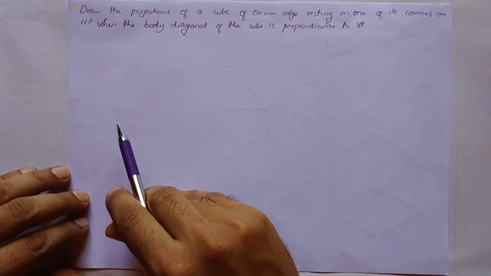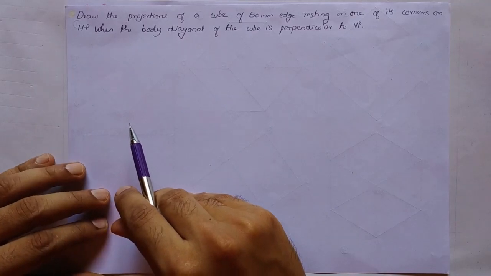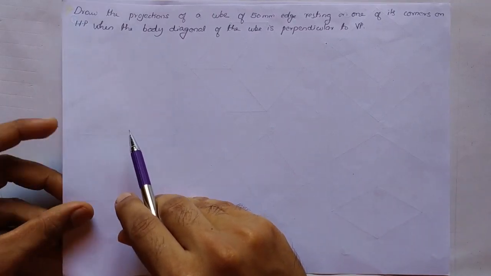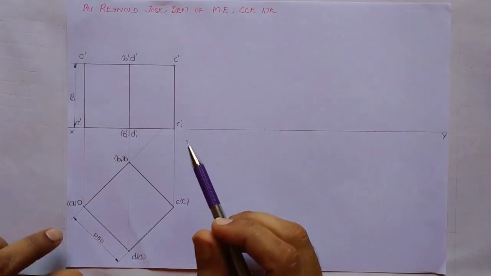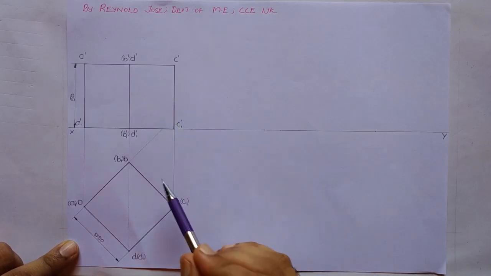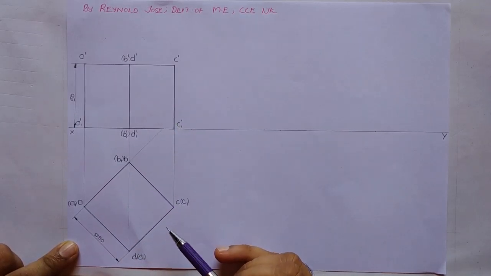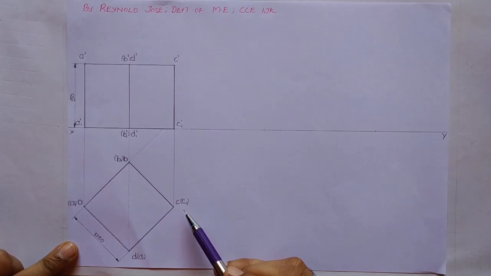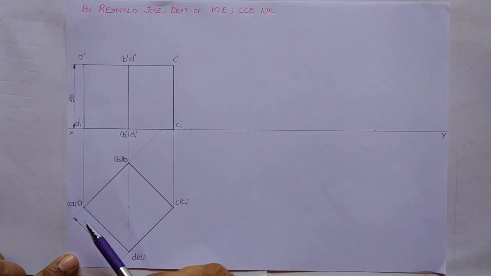As per the question, the cube has to rest on a corner of the base. In such a way, I have prepared a simple top view and a simple front view. If you notice here, in the simple top view, we have got a corner on the right hand side. When the solid is getting tilted, it will be resting on a corner. So I have drawn a simple top view and a simple front view.